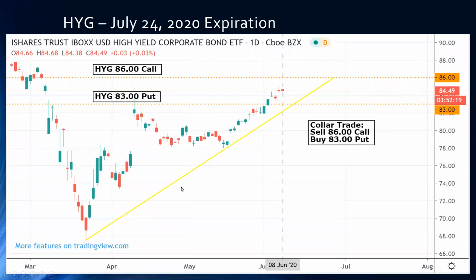So we have this upward sloping trend line. Remember here, you are bullish interest rates, you're bullish the interest rate pricing. Remember, when bond prices are going up, that means that interest rates are going down. So you're bearish on interest rates, meaning they're going lower, and you're bullish on the bond pricing. But since we're basically capped out at zero, how much more is there to go?